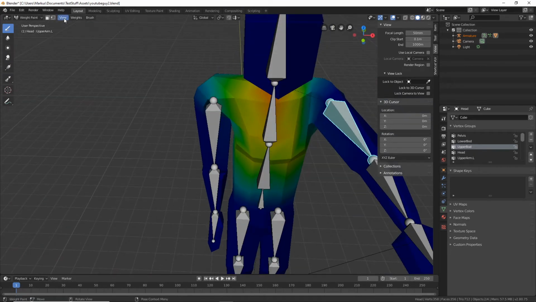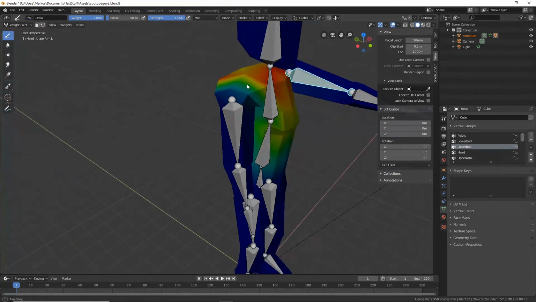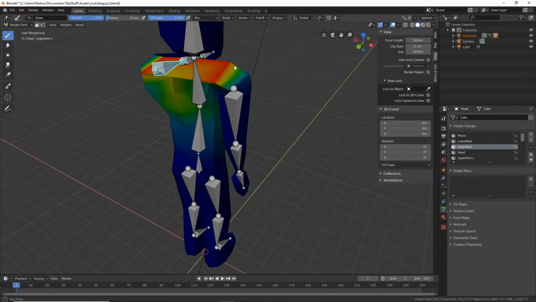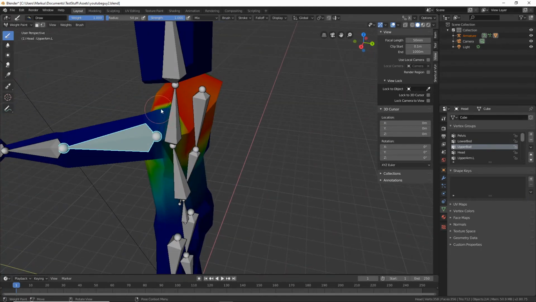So what we can do is, if you press view, you can open up tool settings. Here we can see our paintbrush right now where we're painting weights. Here I'm painting with 1. So we can say that the upper body now has absolute control over